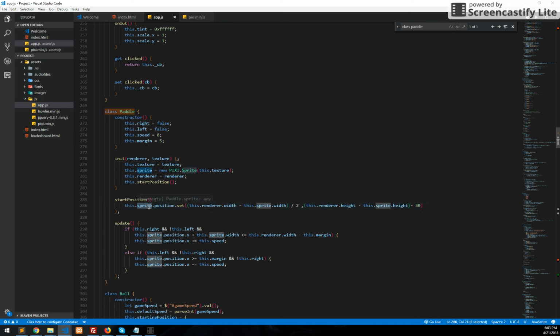This dot sprite is also a property over here. A sprite is the method of Pixi.js, in which we are passing some parameters, and we are making the result of this instance equal to this dot sprite property. So after this we have some